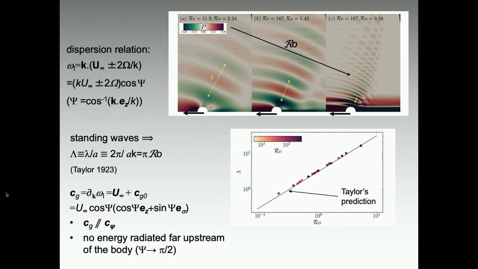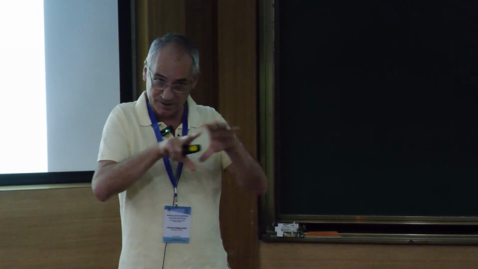Okay, so second thing, the inertial wave pattern. What you see on this slide is a view of the pressure disturbance around the sphere, and the Rossby number is decreasing from left to right. You see that as the Rossby number decreases, so do the wavelengths of the inertial waves. And this is what has to be expected because Taylor, when he did his experiment, could not visualize the inertial waves, but he knew they were there, and he made a theoretical prediction according to which the non-dimensional wavelengths of these waves, which, by the way, are standing waves here because we are looking at the steady state,